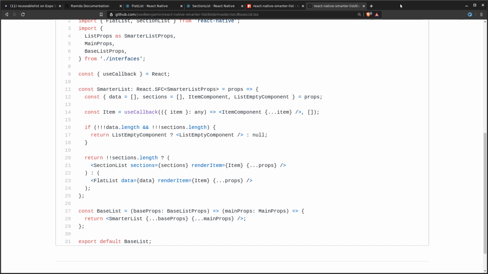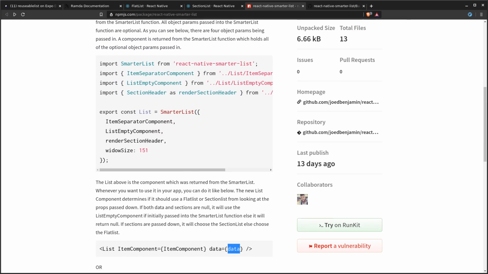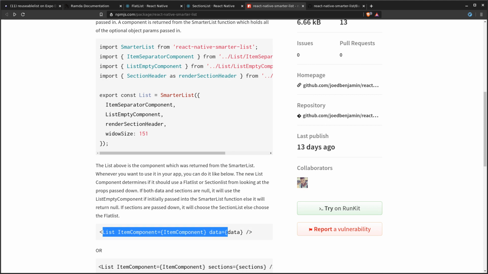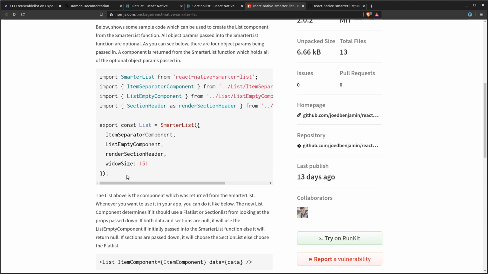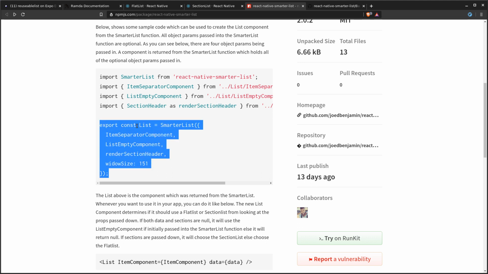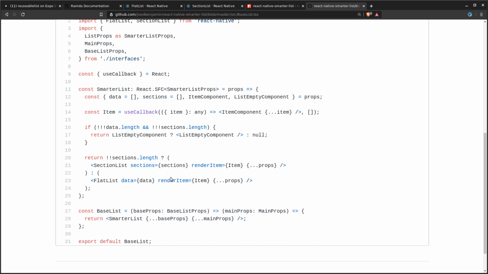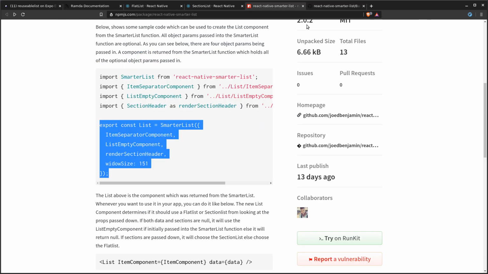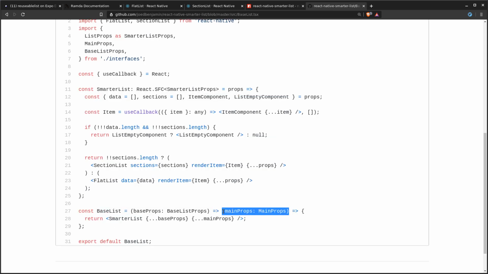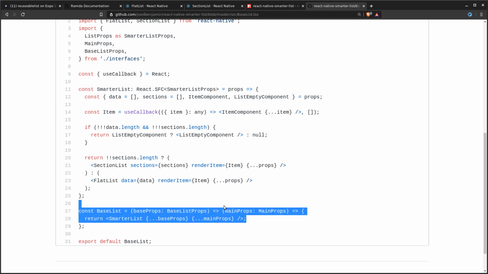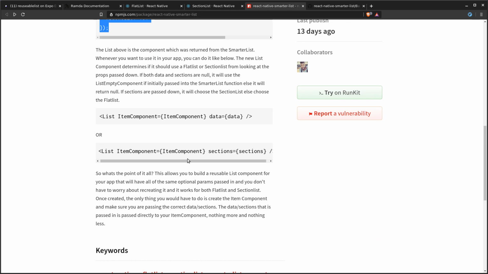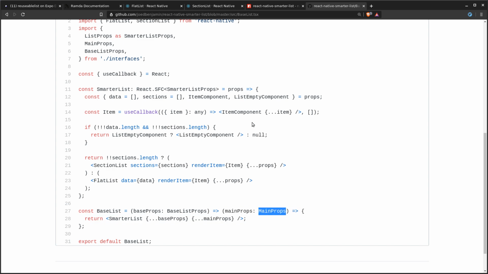So when you're creating this, once you get to this point, this list, smarter list, and you're passing in this stuff, this is this part. Because what I'm doing is you're calling a function which is smarter list, but it returns a function, which is just returning your list, that list component, which is this. So once you get to here, when you pass in the next set of properties,